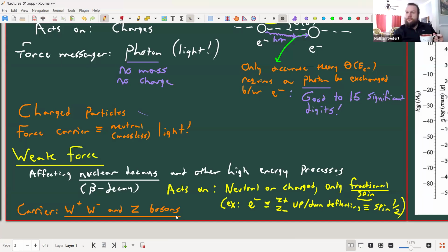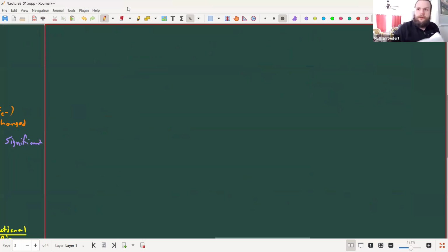And so that means that the particles that would modulate those things are really rare, which means they have to be high energy, which means they're large mass. And you have these correlations between energy and time and mass. I'll come back to that in a second. And so we don't often think about these things because they're very, very rare. They exist only for very, very small amounts of time. They're very high energy because they're associated with very rare events. All right, but it's a more general thing. It acts on electrons and so on, and we'll see that in a second. All right, and then there's one more force, and I think this is perhaps the most interesting, other than the electromagnetic. It's called the strong force.